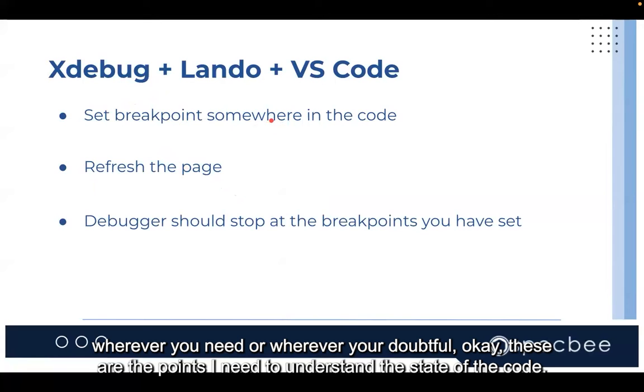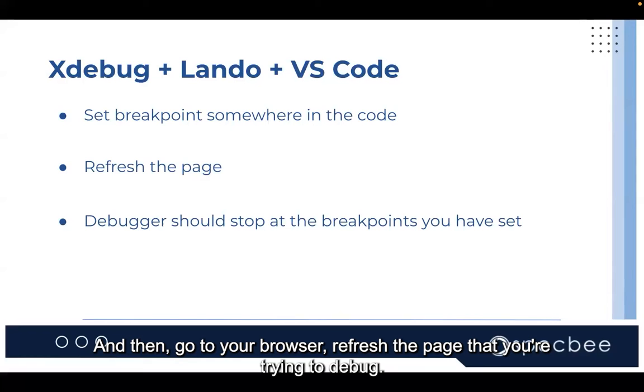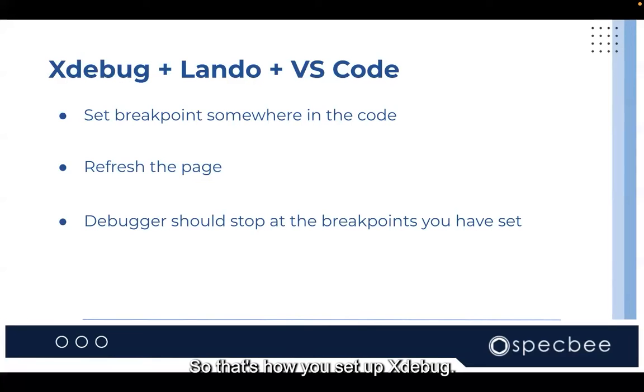So wherever you're doubtful, okay, these are the points I need to understand, here to understand the state of the code, or you want to know what data the variable holds, set the breakpoints at the relevant lines on your editor, and then go to your browser, refresh the page that you're trying to debug, and automatically you will be redirected back to your editor, and then it will stop at the breakpoints that you have set. So that's how you set up xdebug